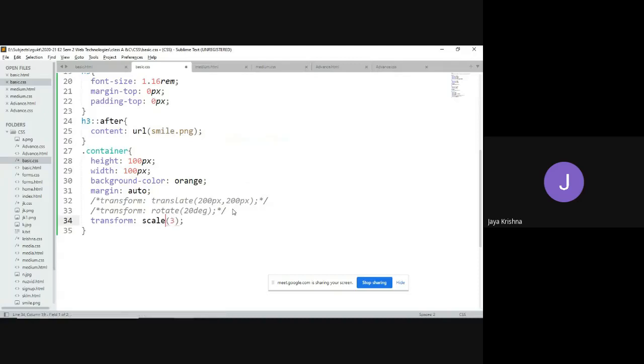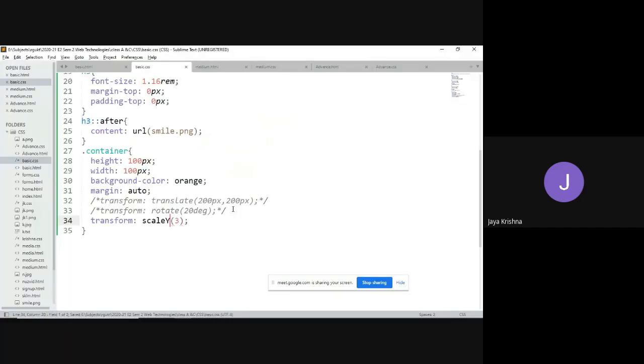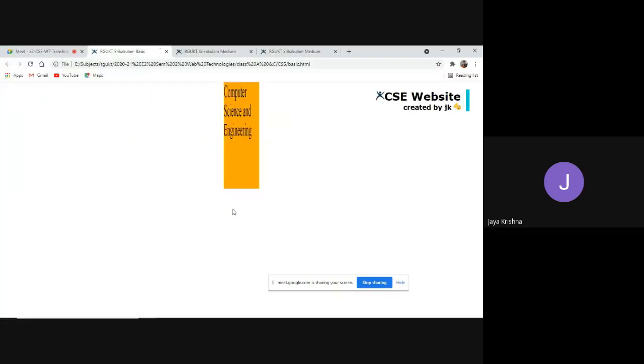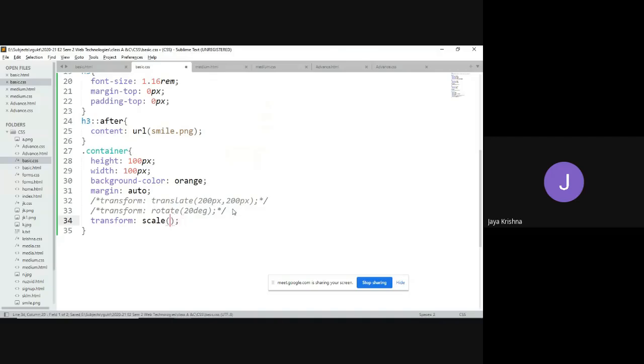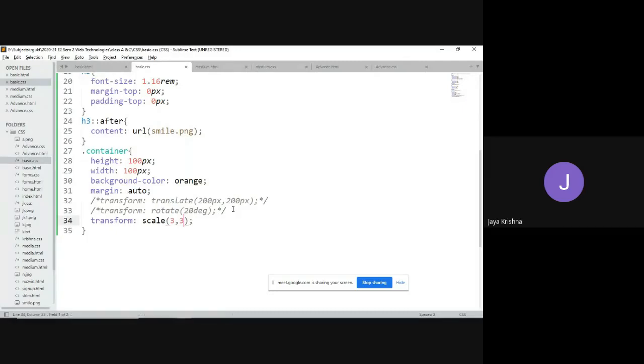If I define the y-axis, vertically it is increasing 3 times. If I want to combine both horizontal as well as vertical, I go for like this. If I want to increment both horizontally as well as vertically 3 times, you can use it like this. Meaning, to change the element size, you go for the scale method in this transform property. 0.5 comma.